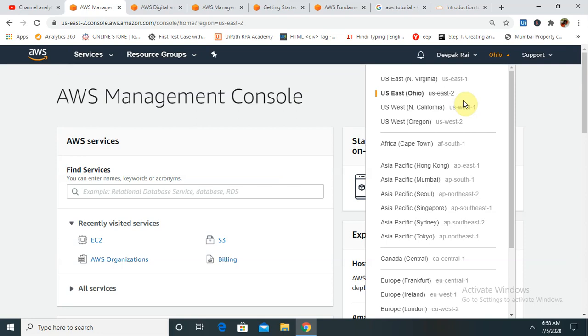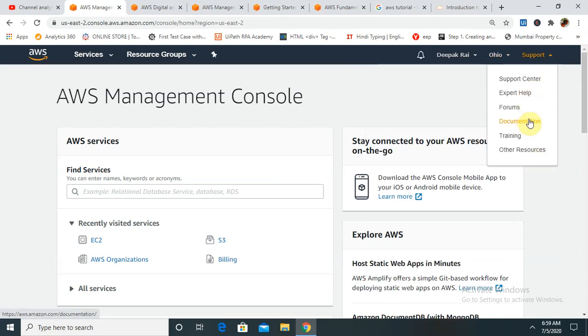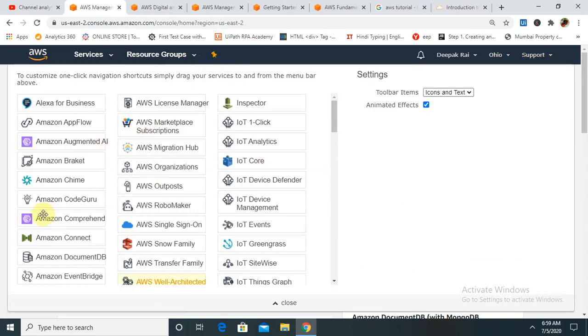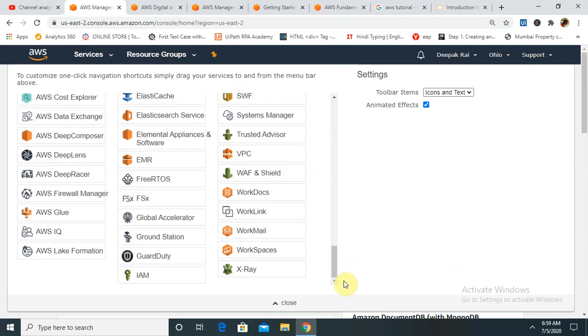So it's always recommended to use the chargeable services, so that our traffic will not route from one database to the other. Here we have also seen that different support options are available, and for editing our dashboard, different tools are available to edit that and keep the important parts in our dashboard. So this is all about the management console of AWS login.